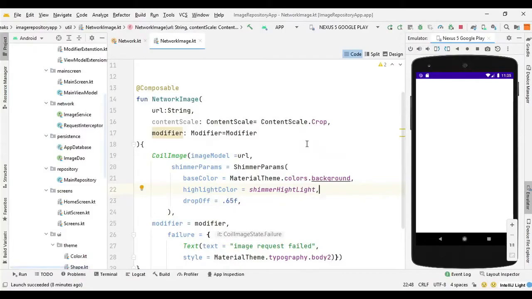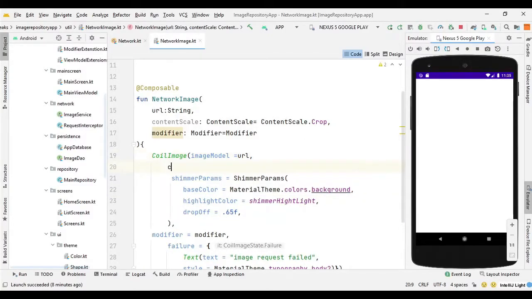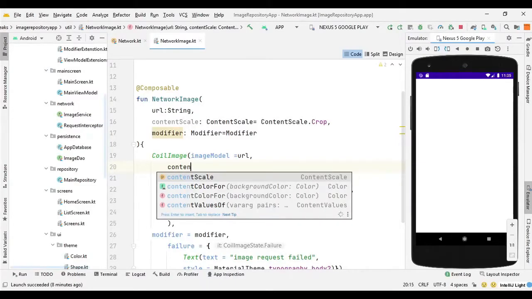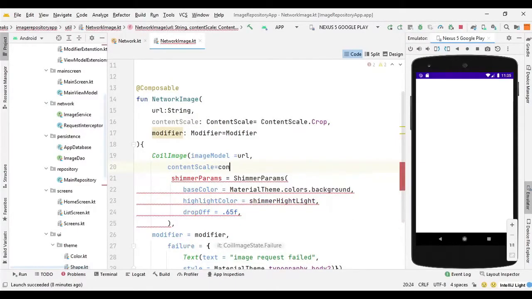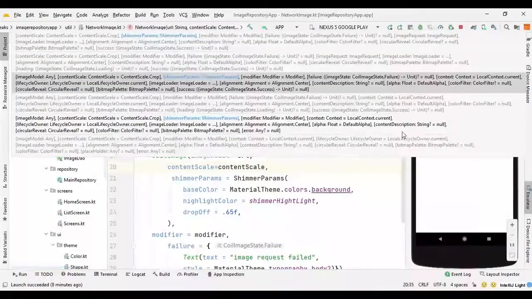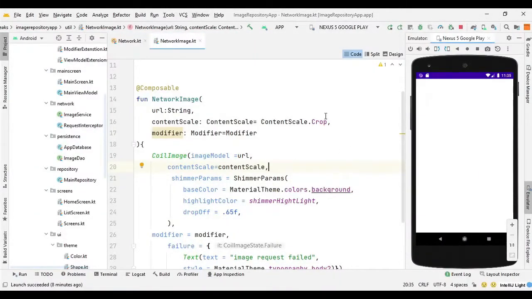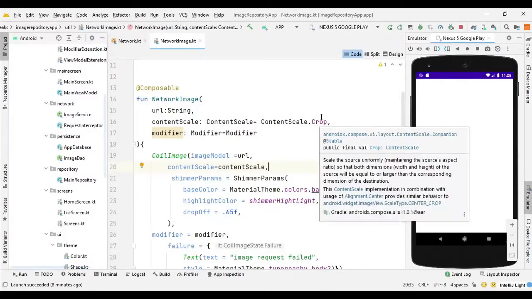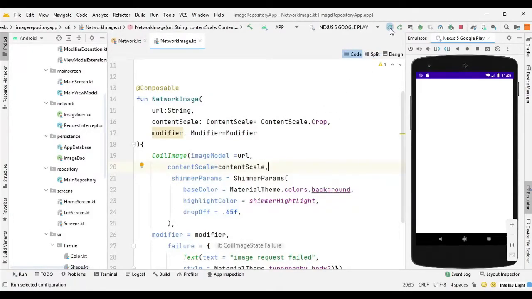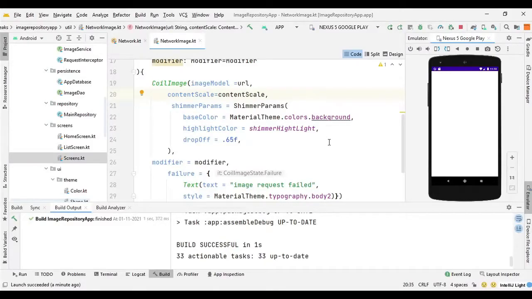Okay, let's put it here after the image URL. So we can say content scale equal content scale, and let's run it again and see if this resolves the problem. So it did not resolve our problem completely.